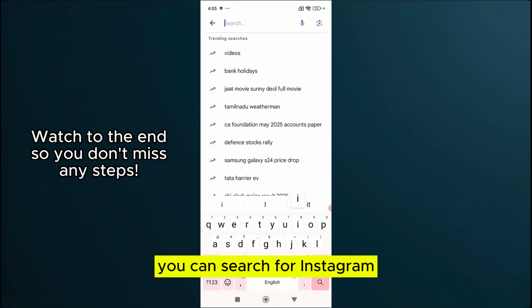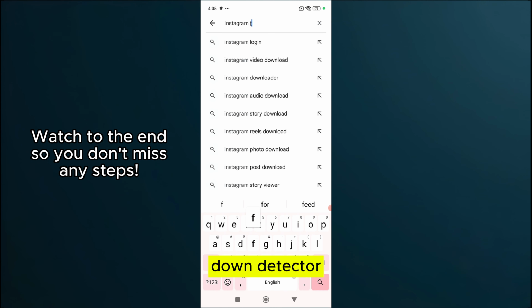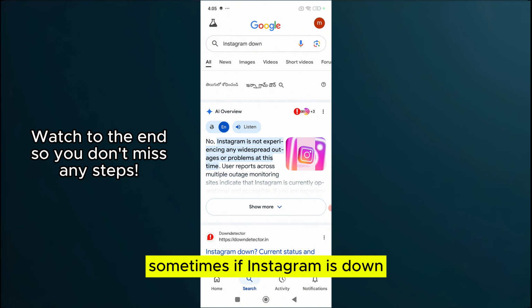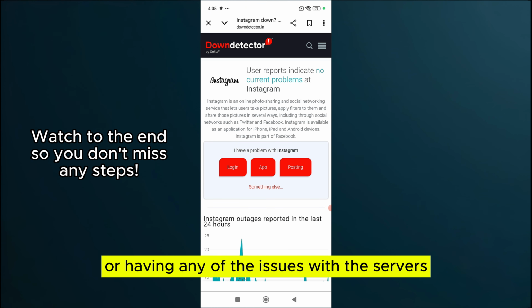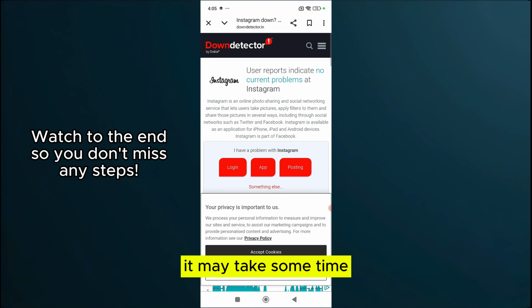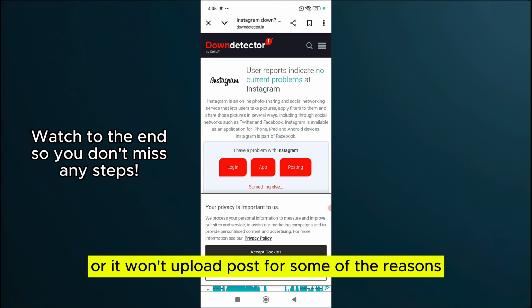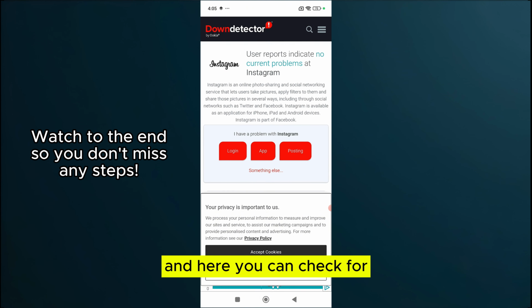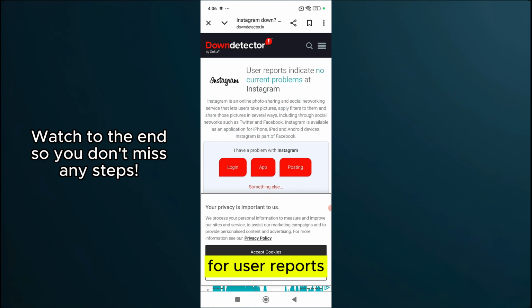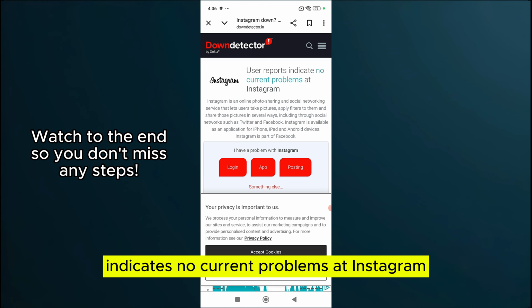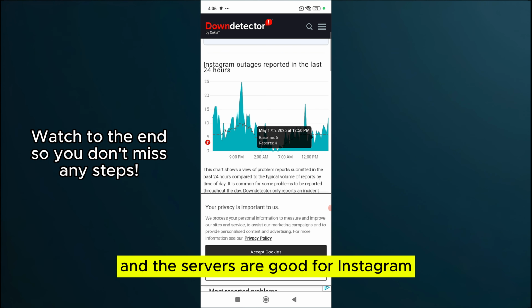you can search for Instagram down detector. You can search for Instagram down. Sometimes if Instagram is down or having issues with the servers, it may take some time or it won't upload posts for some reason. And here you can check the user reports, which indicate no current problems at Instagram, and the servers are good for